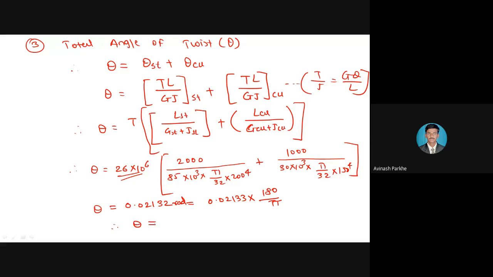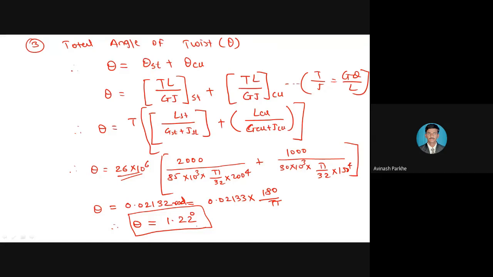So what is the value in degree? Whatever answer you got? 1.22. 1.22 degree. Both the answers are accepted. If you write the answer in radian, you will get full marks. If you write the answer in radian as well as in degree, then also you will get full marks. So please check your answer.